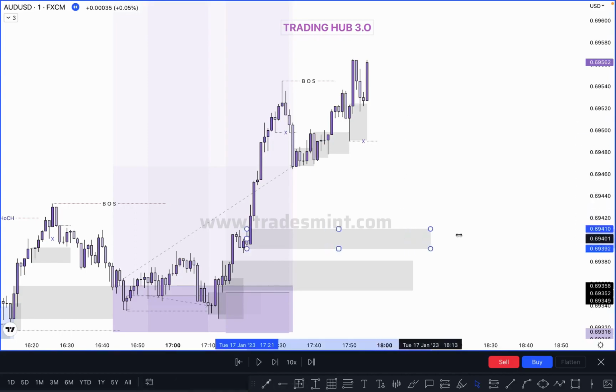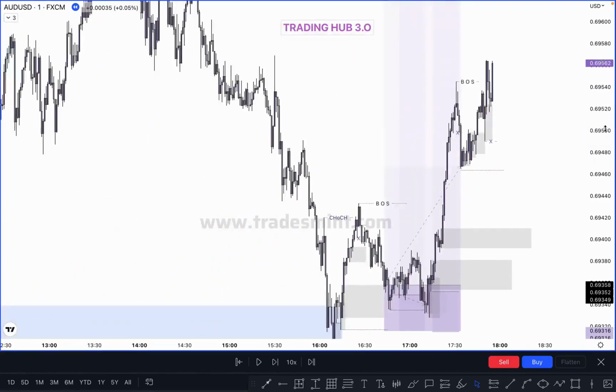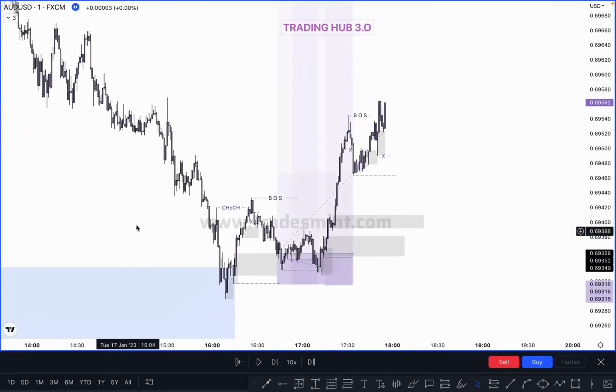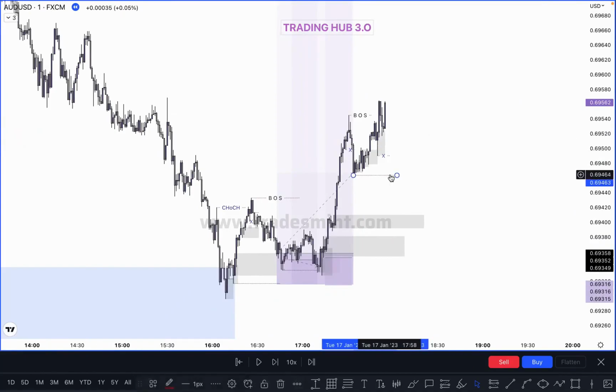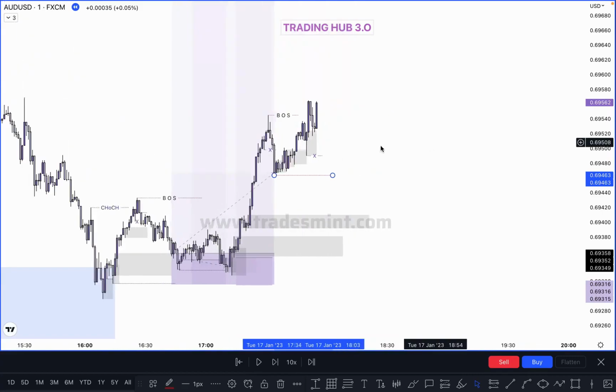Look at this one. Why? Because if you are thinking this is a CHOCH, exactly, this is a CHOCH, but we can buy here. Why? Because the market already tapped your 15-minute PY, and the market does not follow only the 1 minute time frame. This is a CHOCH in a 1 minute time frame, but this can be a 5-minute inducement, right? Every CHOCH most of the time is an inducement for a higher time frame. Okay, so this can be used as a higher time frame, but we can buy here, but you need additional